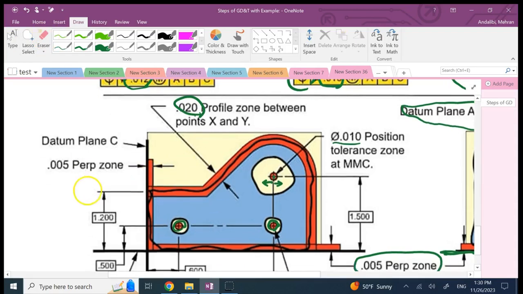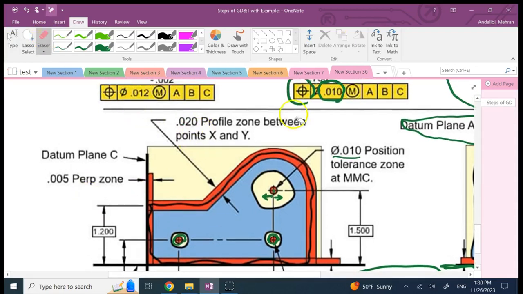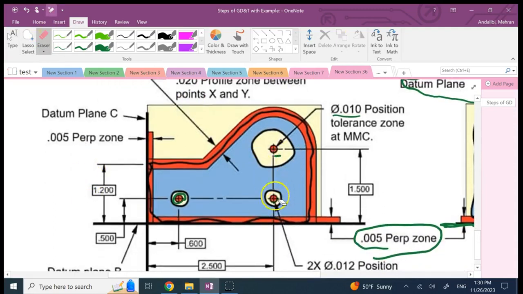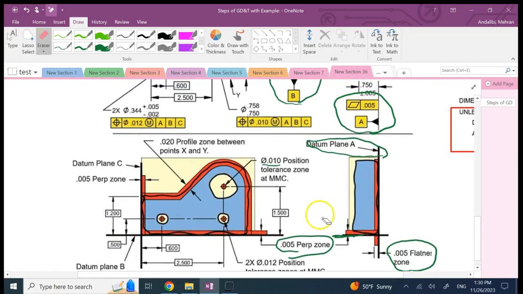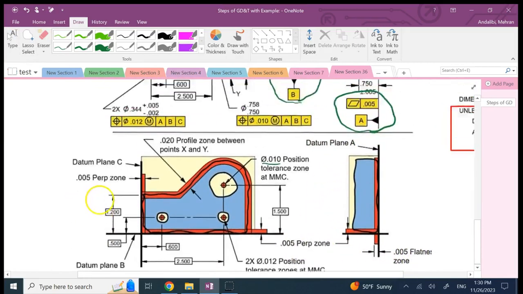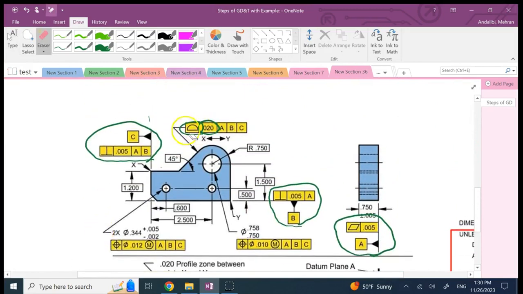So now, as I just showed you, we need to go and what? We need to go and talk about the features, right? We need to talk about the features, and what features do we have to talk about them? Well, the back surface, the bottom surface, and the left surface are completely qualified because they are datums and we